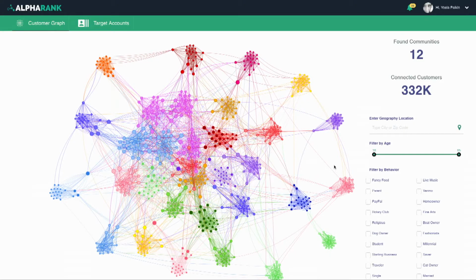Since launching last year, we've now processed over 1 billion transactions. We've taken an investment from Wells Fargo, and I'm very happy to see many of our customers in today's crowd. We're extremely grateful for their support. If you'd like to meet any of them later, just stop by our stand, look for the sharks. This year, we're launching a new tool to use the customer graph to supercharge digital acquisition.